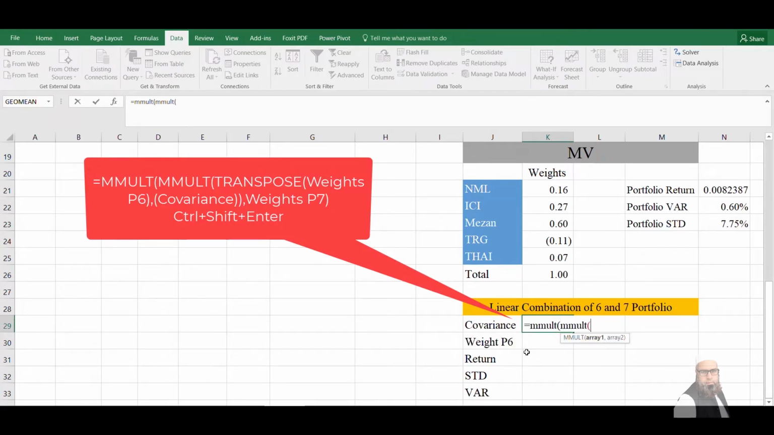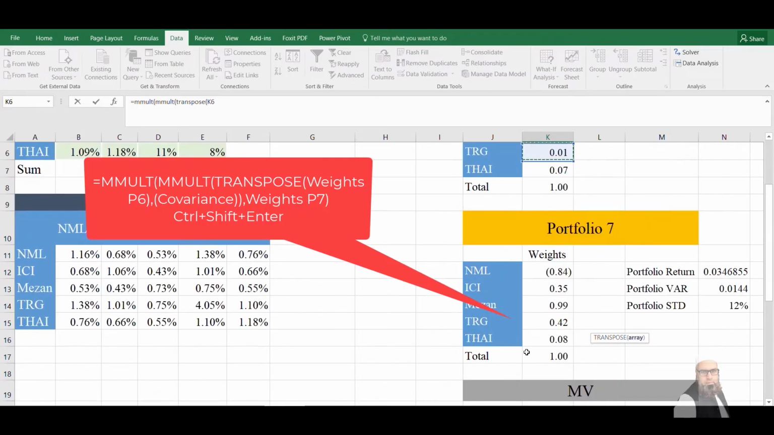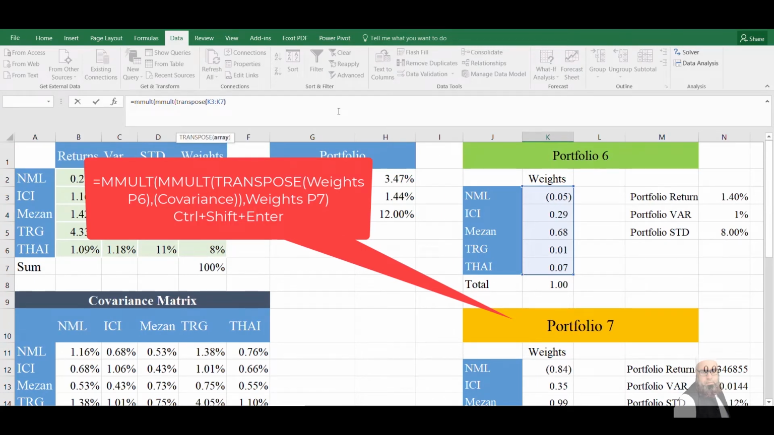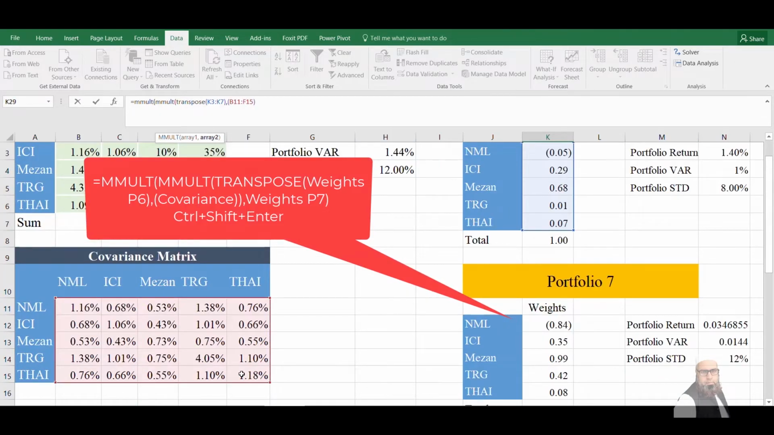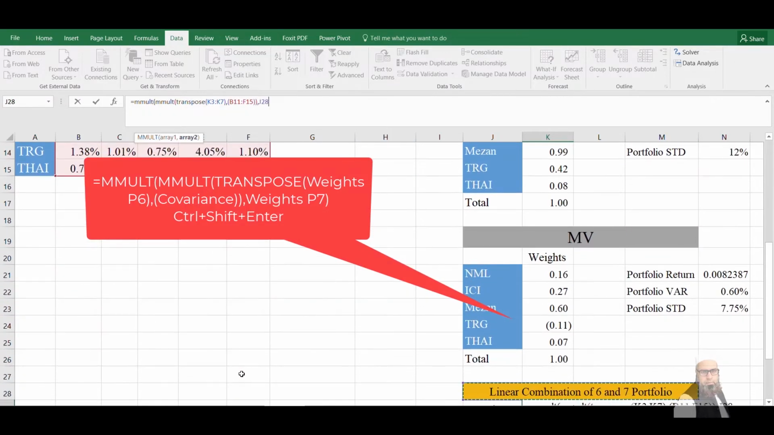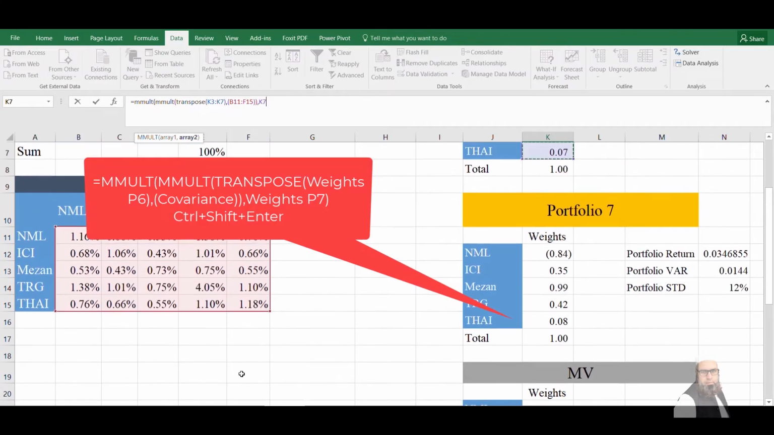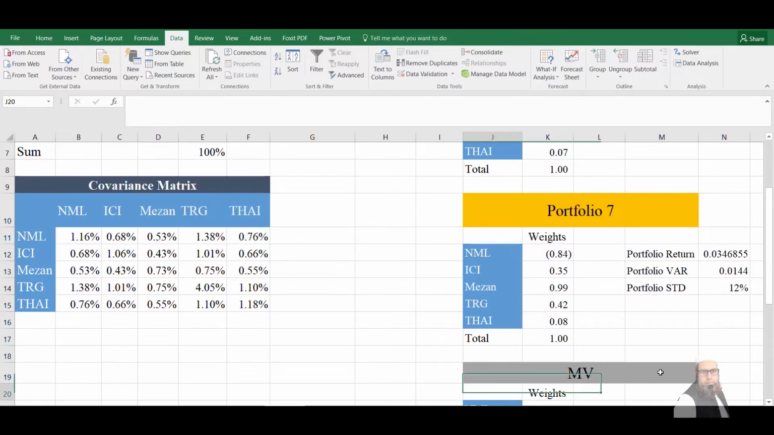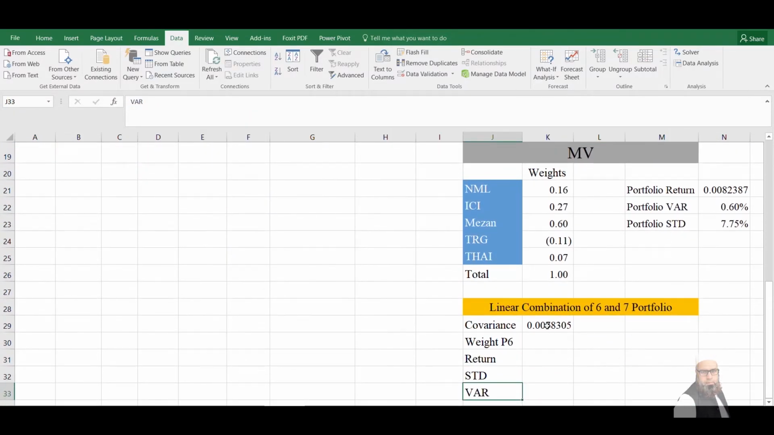equal to MMULT bracket start, MMULT bracket start, transpose bracket start. Then I will select the weights of the portfolio 6, bracket close, comma, and the covariance matrix, bracket close, comma, and weights of portfolio 7. Bracket close and Control Shift Enter, and the covariance between portfolio 6 and 7 is